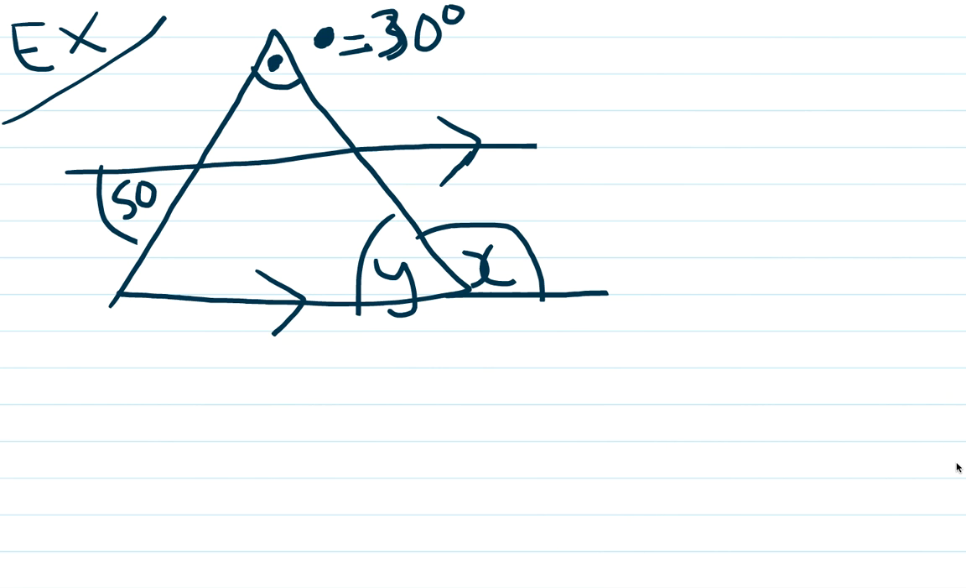Okay, here's an example to try to tie everything together. So what I'm trying to figure out here is X, this Y, and this X. And the only information I'm given is that this top angle right here is 30, and that this angle right here is 50. So the first thing I would do is I would go to the opposite angle. I try to fill things in as much